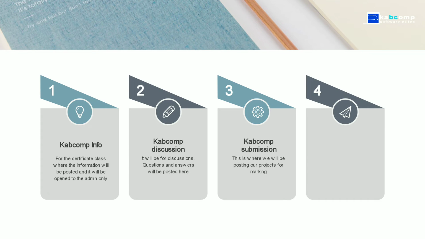We're also going to have KabComp Submission. We are going to have a series of projects to do. So each project you complete, because it's the project that will help you to move to another level. If you can't complete a project, it means you can't go to the next level. So we'll give you a project. When you complete, you submit it, we assess it, and then we are going to score you, and that will be written on your certificate. And the best thing about this is that the person with the best design throughout the course will receive a reward, a big reward, of course.